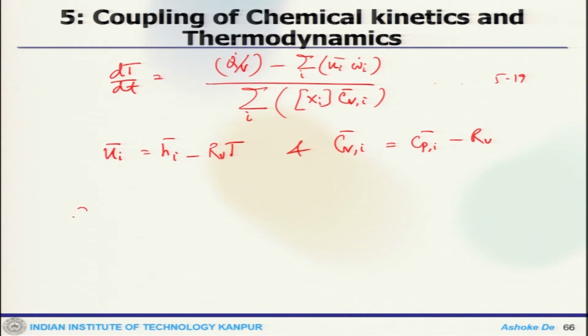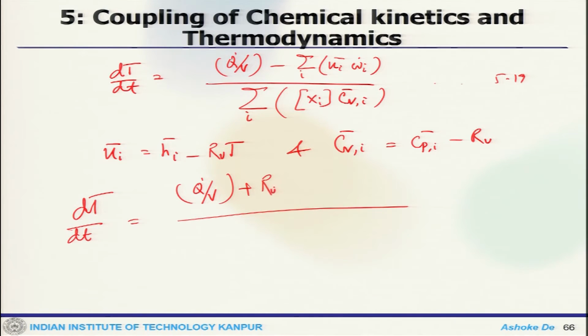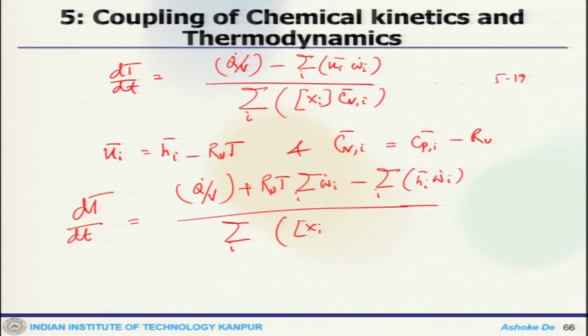So, once we put them back, we get dT by dt equals q dot by V plus summation of I omega dot I minus Hi by summation I, this CPI minus RU. So, this is what we get, and here